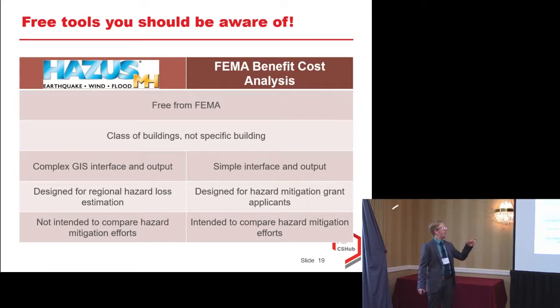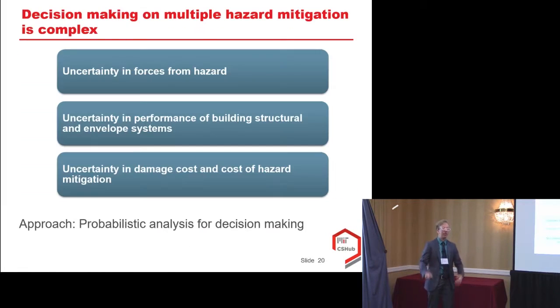What could be a bit more helpful for that case is the FEMA benefit cost analysis tool, which is actually designed for folks who are applying for grant funding, and FEMA wants to know, okay, you want $100,000 to improve the structural resistance of your building. Well, what's the likelihood that I'm going to get $100,000 of savings in terms of hazard resistance over a time period? So that tool, you can use it for your own purposes to get an assessment for life cycle cost analysis. But again, it's for a class of buildings, so you could say a steel building that's 5 stories, but not my steel building that's 5 stories in this particular location. And so because of that, there's